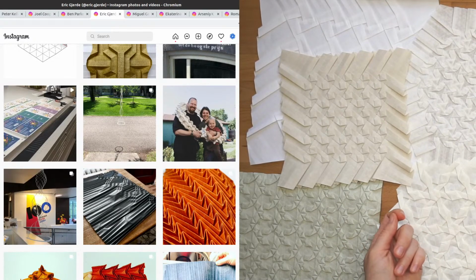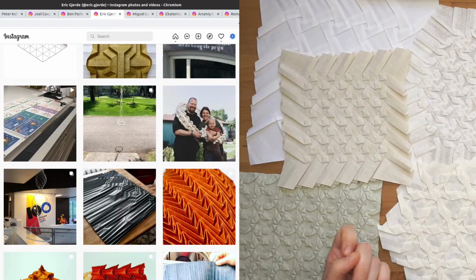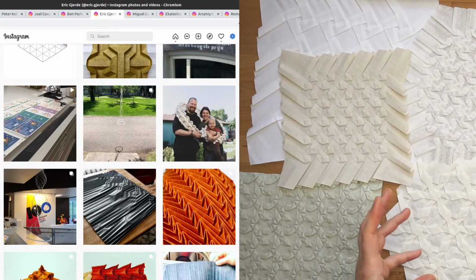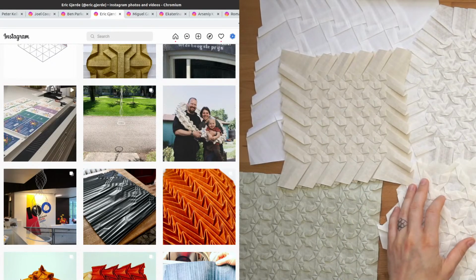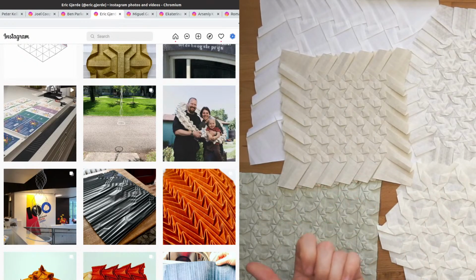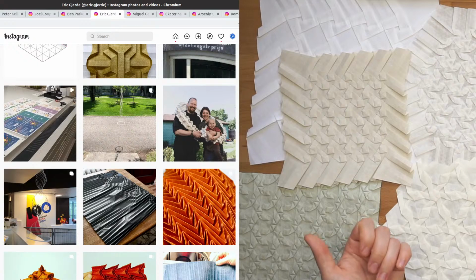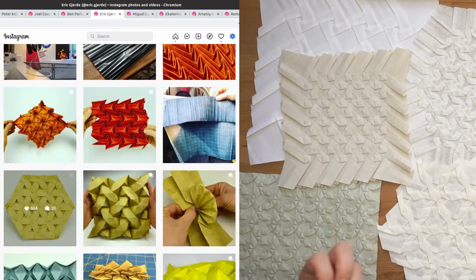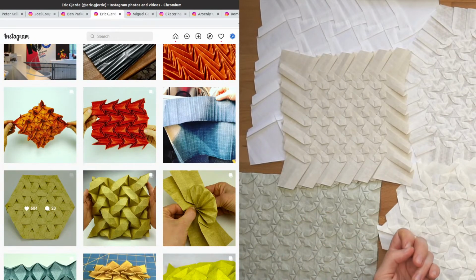And I'll get into a bit of what rigidly foldable means as well. In general, with tessellations, twists in general are not rigidly foldable unless there are certain conditions that are met. For example, the closed square twist can be rigidly folded if you add one diagonal crease in the middle. But that's not so practical for folding